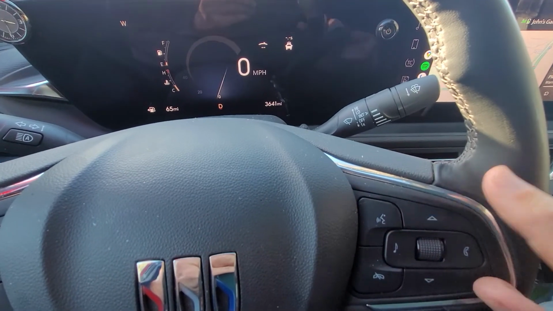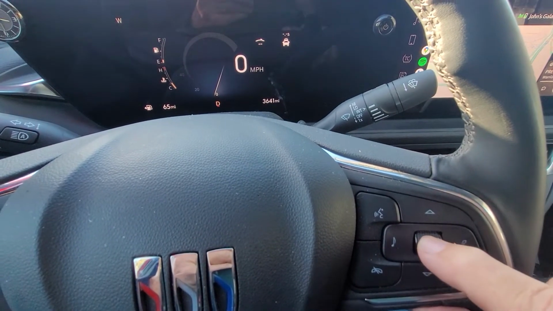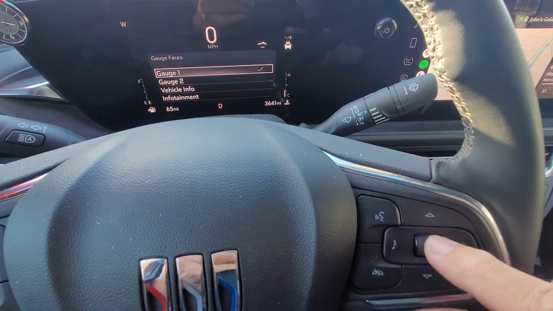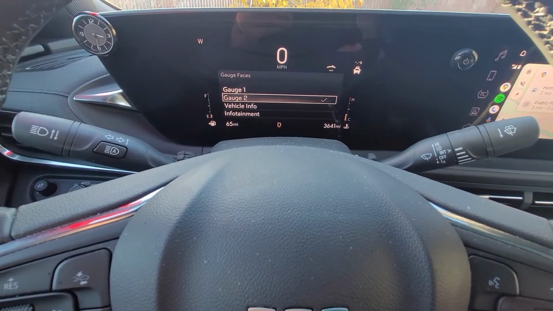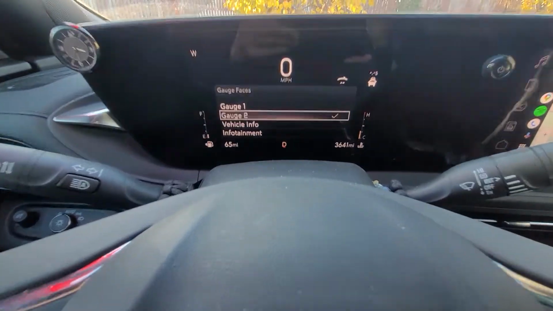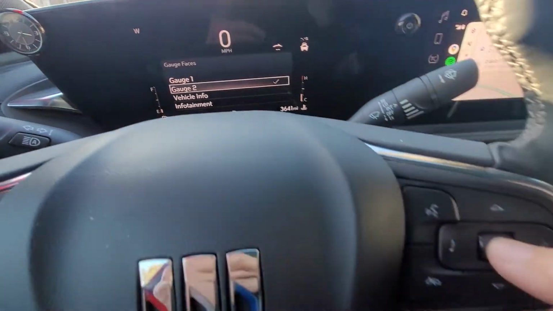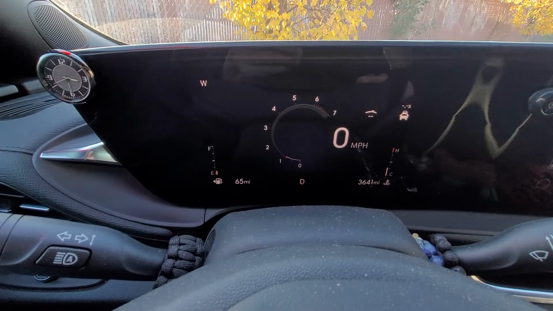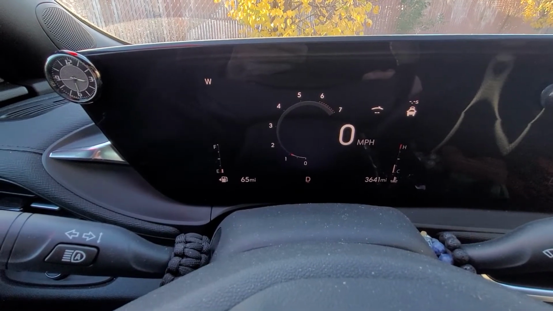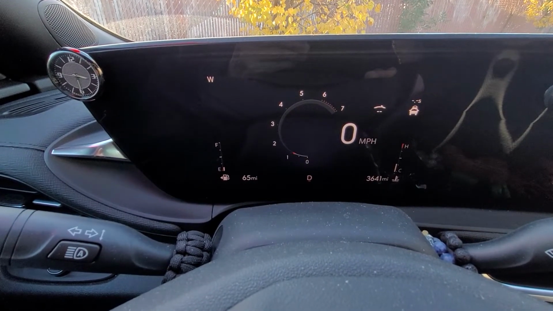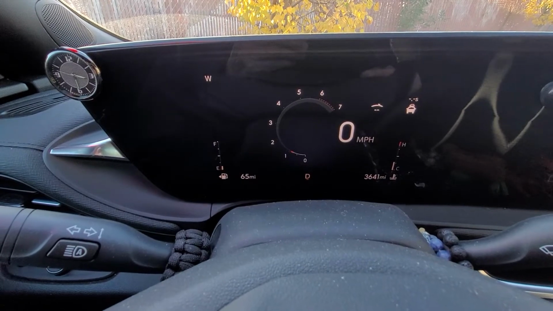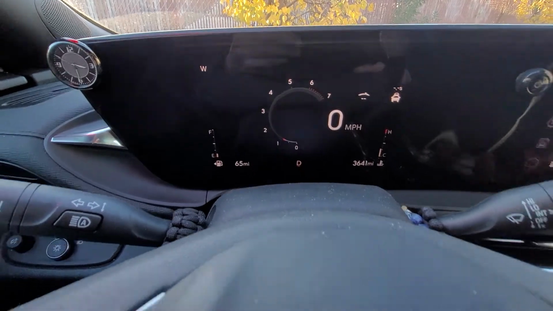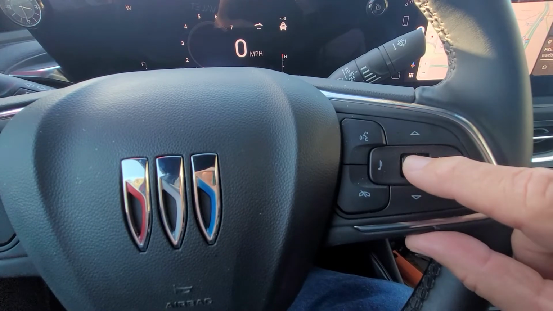Now press the button in again, and you can now go to gauge 2, and then press the button briefly, and now you have a tachometer, and your heat gauge is on the far right and your fuel gauge is on the left at the bottom. Now we're going to press it again,